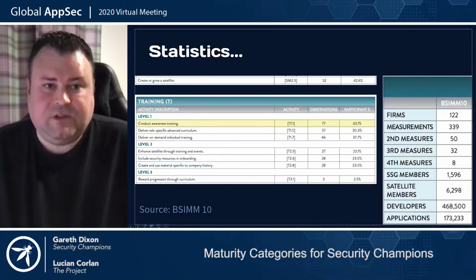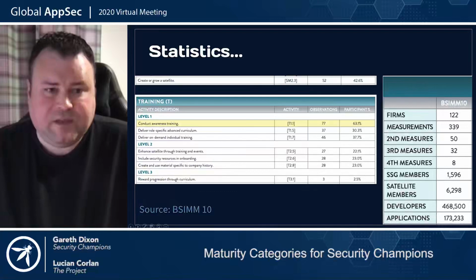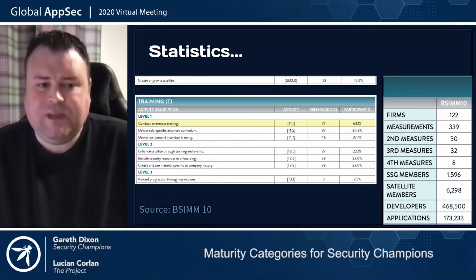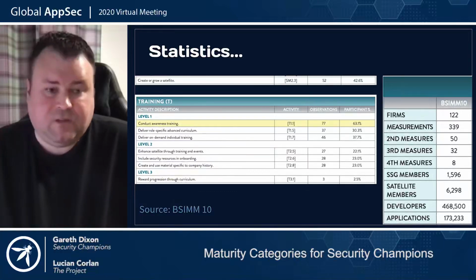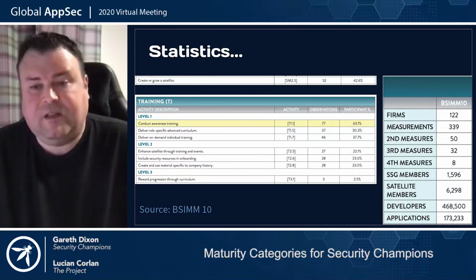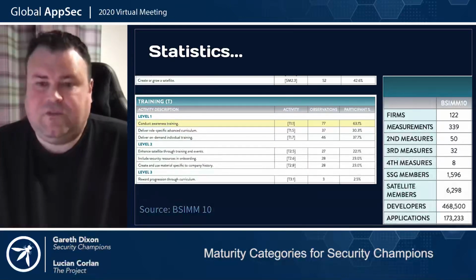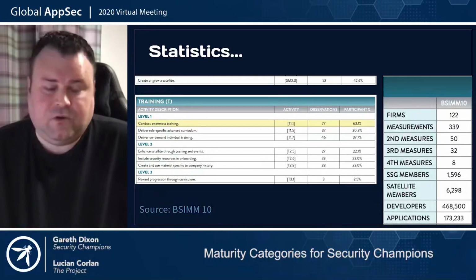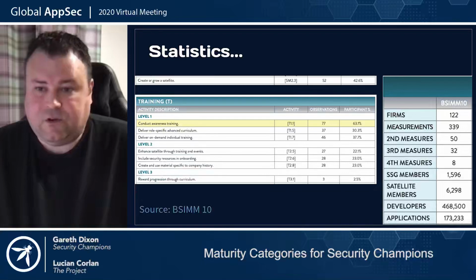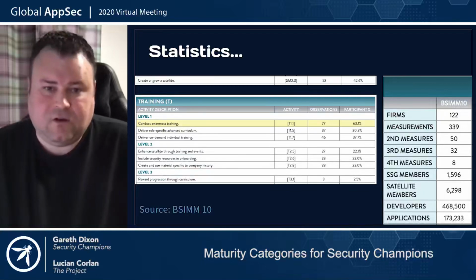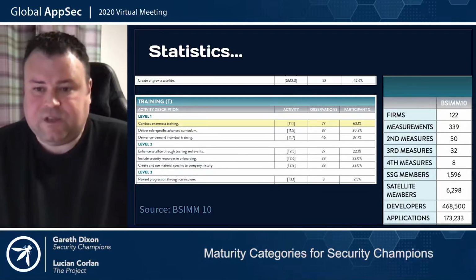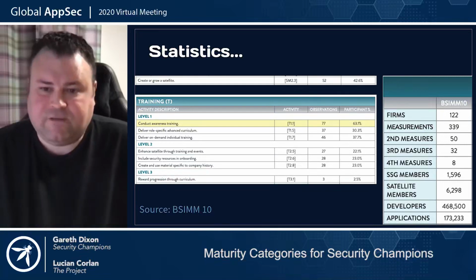So let's have a look at some of the statistics from the latest BSIMM. The BSIMM, which is Building Security In Maturity Model, basically looks at a number of different firms who signed up to undertake an assessment under the BSIMM framework. And in the last version, 122 firms completed this. And that represents 468,000 developers,